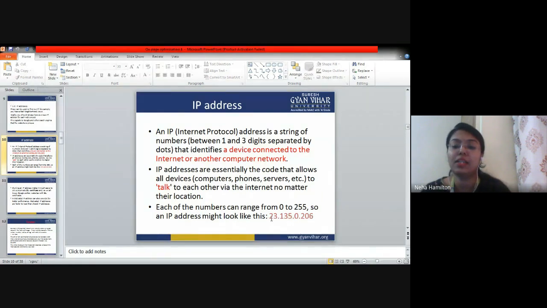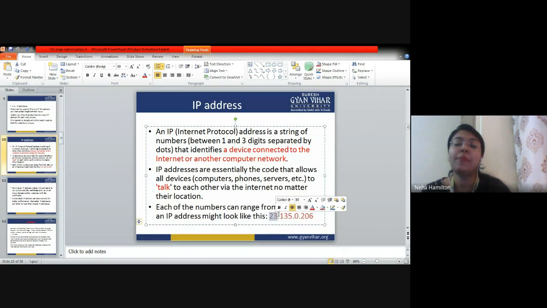Here you can see that this is a two-digit number, this is a three-digit number, this is a one-digit number, right? So the number of digits can be from 1 to 3. And the next thing is that each of the numbers can range from 0 to 255, right? From 0 to 255, these numbers will range.